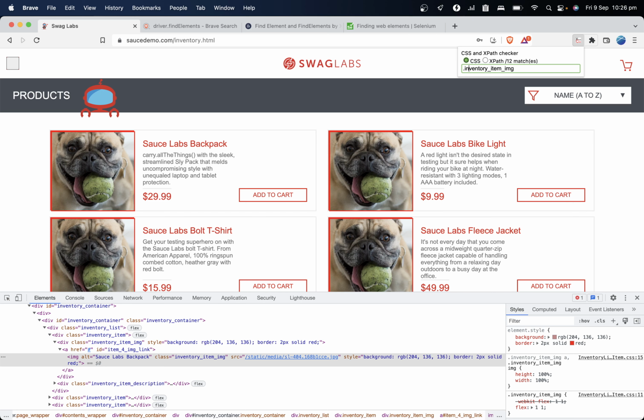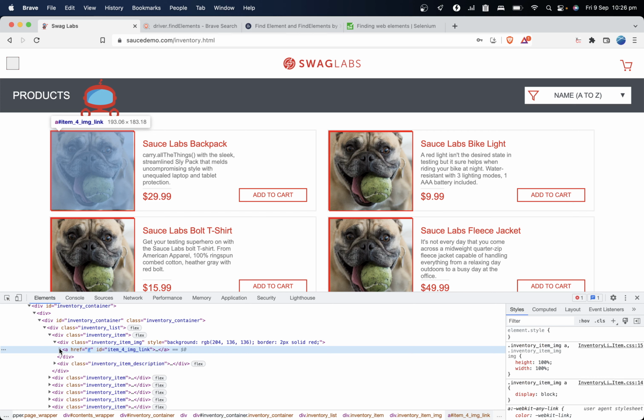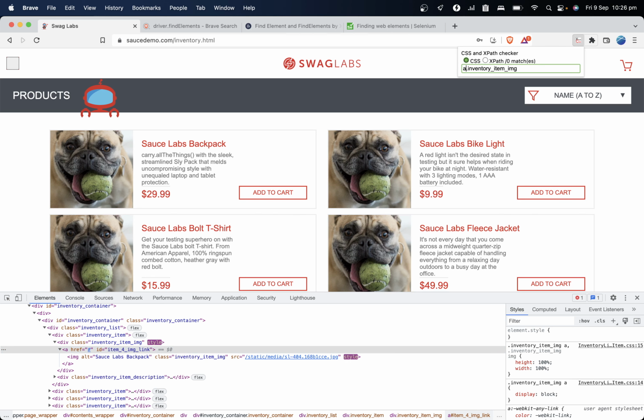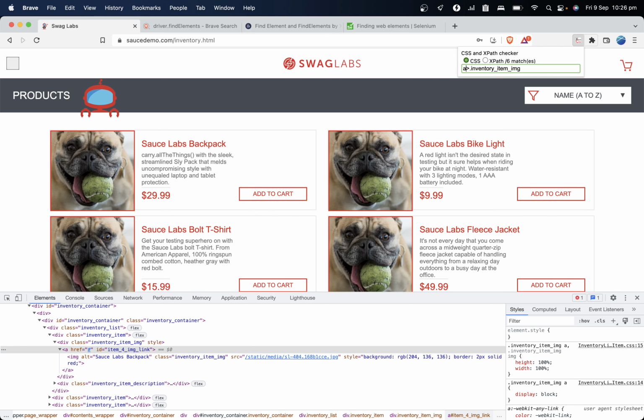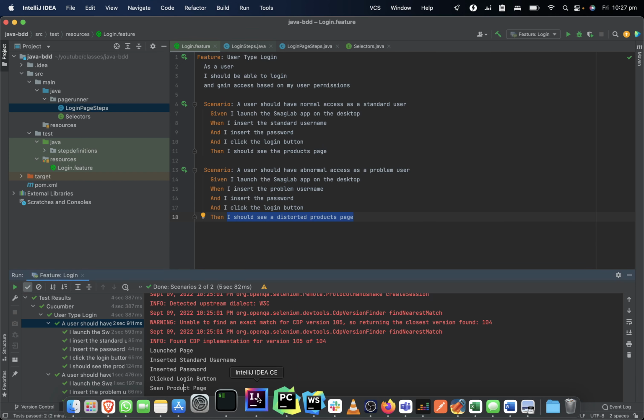Let's try to trace it to its parent tag. The parent tag of this image tag here is the A tag. That means it is enclosed inside the A tag. So the A is the parent of this tag, while the image tag is the child of the A tag. So let's put the A tag before it then. So we put A and this. Now it has returned 6. Now this is accurate. So let's cut it away and put it in our interface file